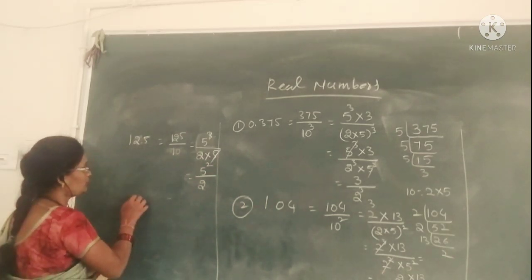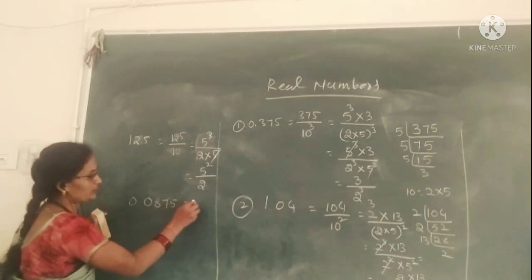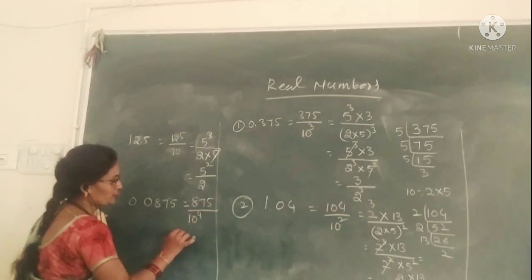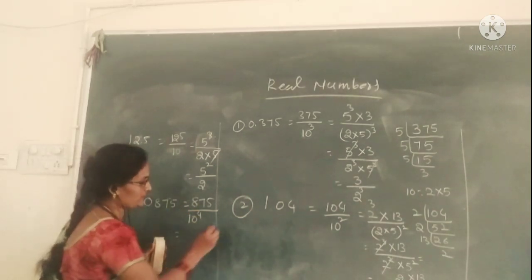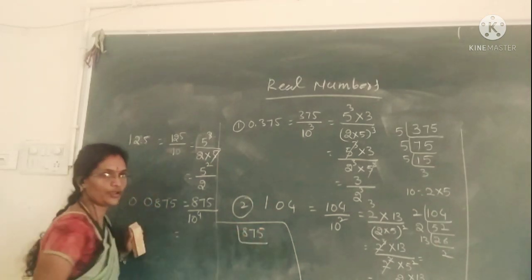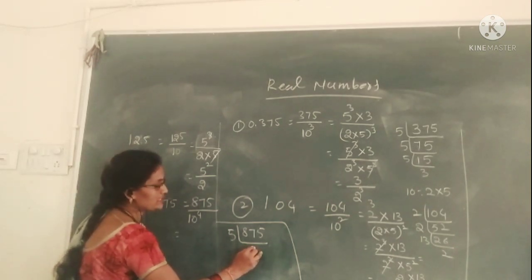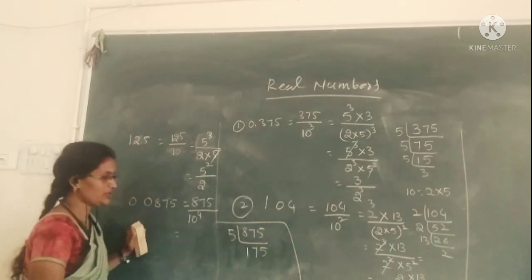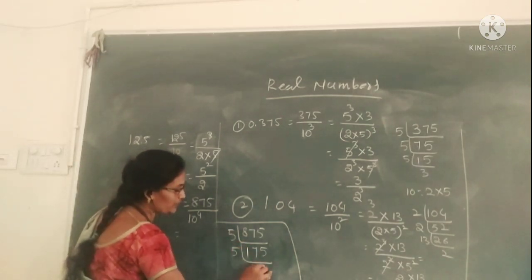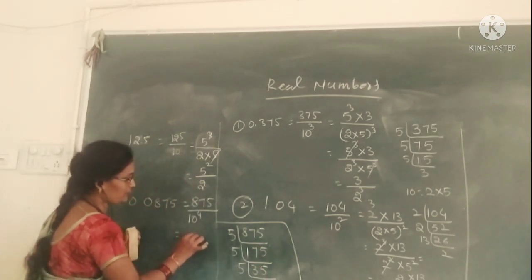Next, another example, 0.0875 is equal to 875 by 10 to the power of 4. Then 875 we can divide using the division method. 875 we can divide by 5. So 5 ones are 5, 5 sevens are 35, 5 fives are 25. Then 5 threes are 15, 5 fives are... Next, 5 sevens are... Then we can write 5 to the power of